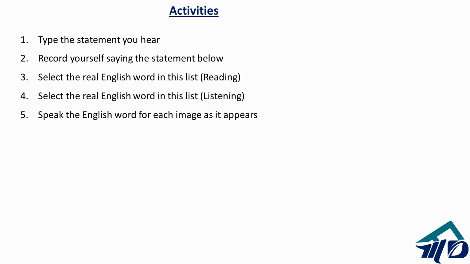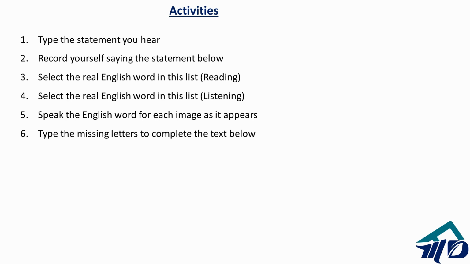The fifth activity is that you have to speak the English word for a particular image. For example, if they show you that it is raining, then you have to say rain. If they show you an animal, let's say a dog, you have to say dog. If they show you something burning, you can say fire. So this is a very simple activity. I don't think this is going to be that difficult for you. The only challenge here would be that you have to answer in just 3 seconds. I will discuss it a bit later.